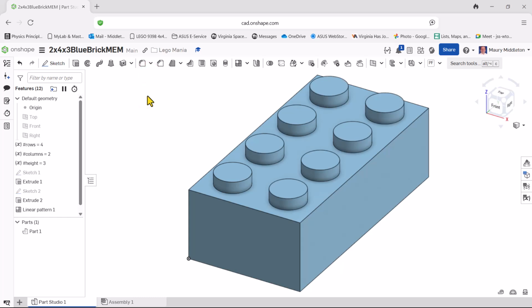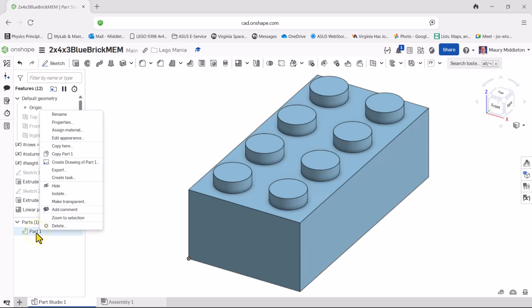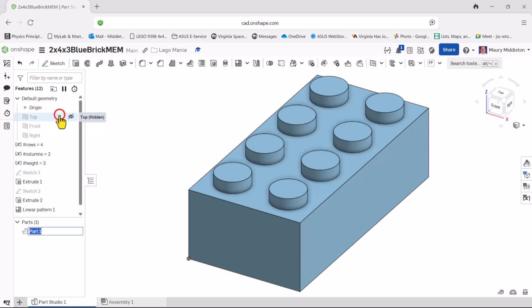The next thing I want to do is to turn it over and look underneath it. But before I do, I'm going to make a few more changes. I'm going to right-click on the part, and I'm going to rename the part. And we're going to rename it exactly the way it is up here. So we're going to put 2x4x3 blue brick with your initials in there. All right. So the next thing we will do